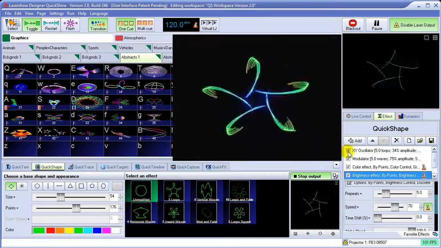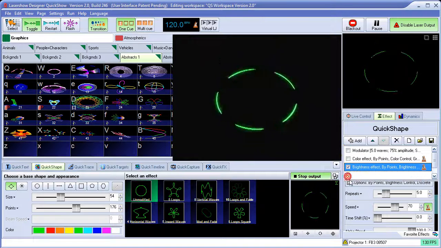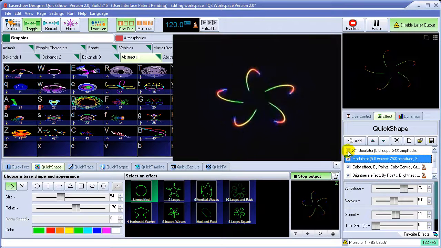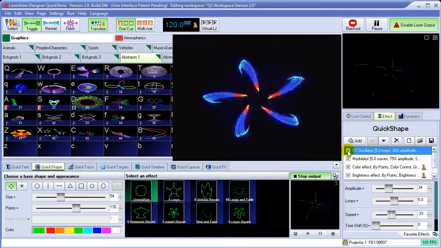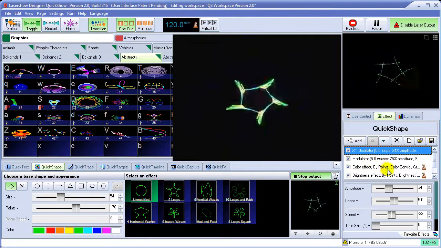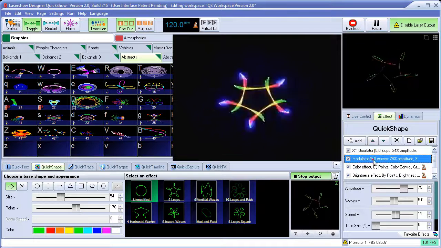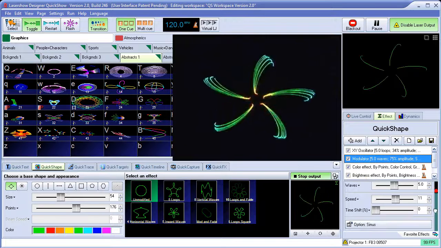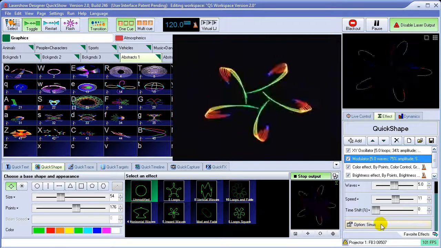So we take something very simple like the circle, and just by adding oscillators and modulators, we can make this really much more complex. Each one of these effects has controls down here that will control exactly what happens, including, in the case of